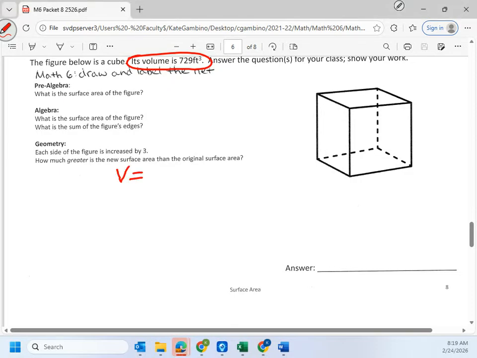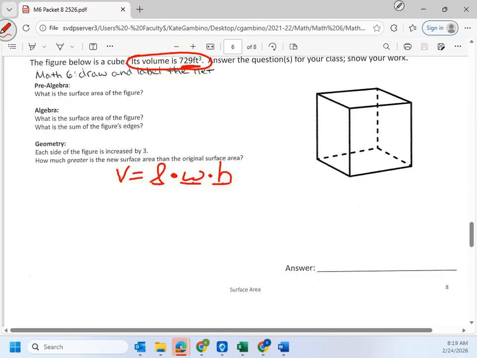So the volume of a cube is the length times the width times the height. All 3 of these numbers have to be the same because it's a cube. So you need to figure out what number we multiply by itself 3 times, length times width times height, and we're going to equal